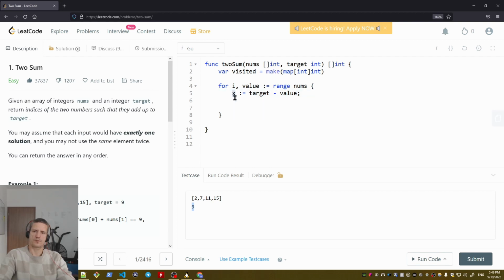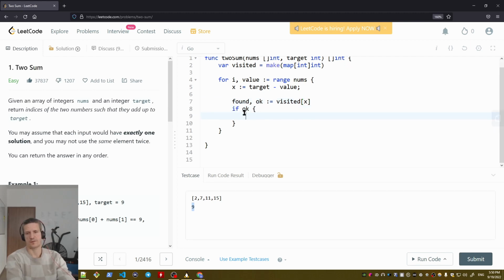So we are going to look up in the map if there is such a number, because that will be the other number that we need. Found, okay, is visited of x. And if okay, that means it was indeed found. We just have a result,